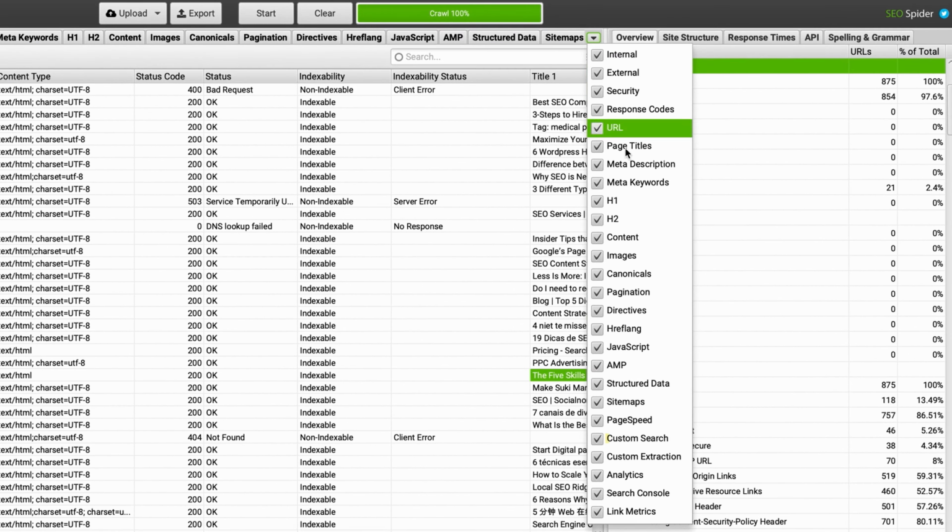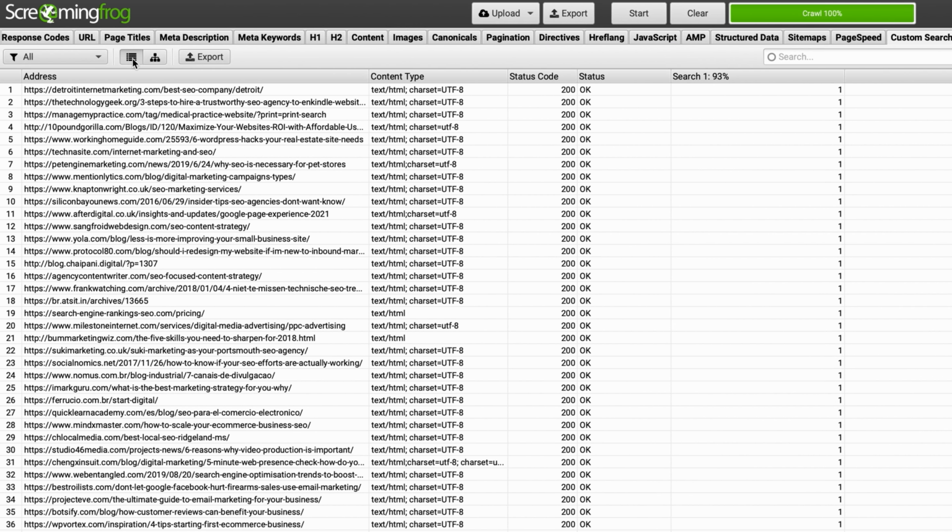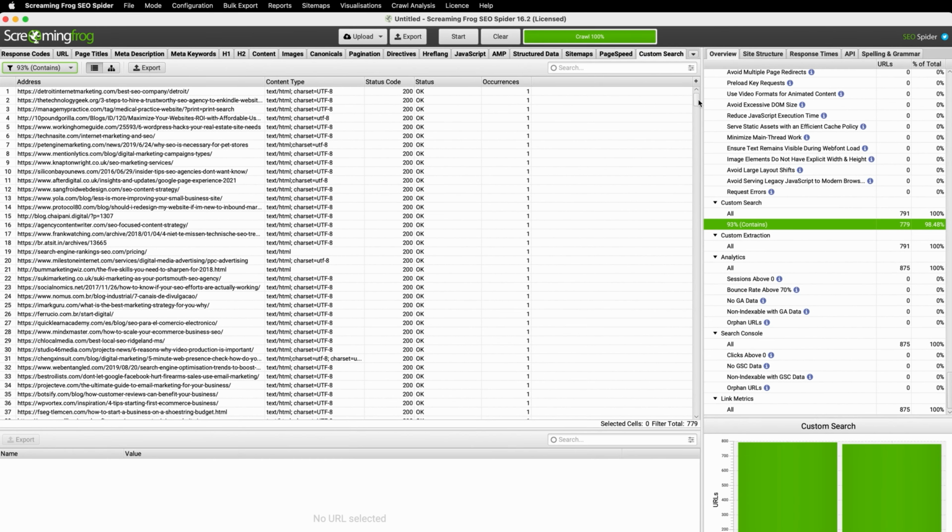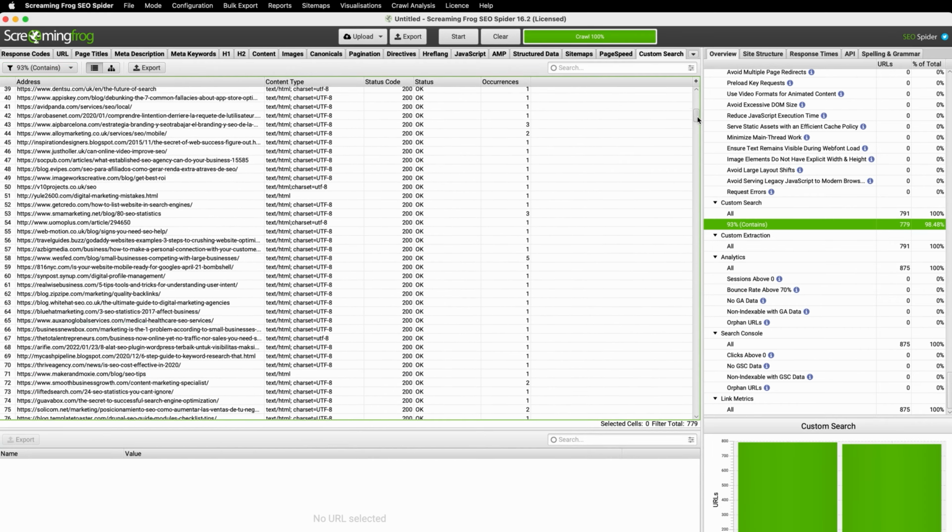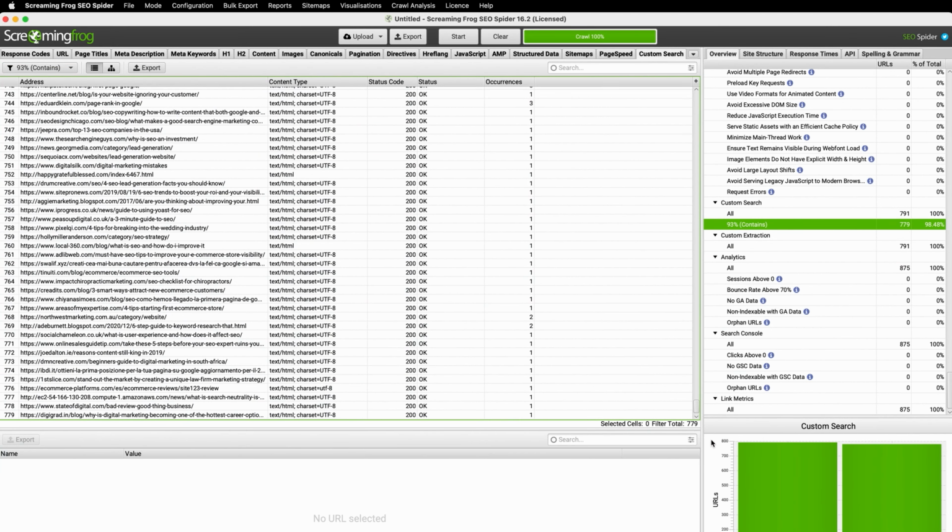From here, you can go to the Custom Search tab, choose your filter in the dropdown, and you'll see a list of all URLs that match your custom search. So in our case, 779 URLs of the 875 that we crawled mention our linkable point, meaning 96 pages either didn't match the footprint or returned a non-200 response code. So that saved us around 48 minutes of precious vetting time.